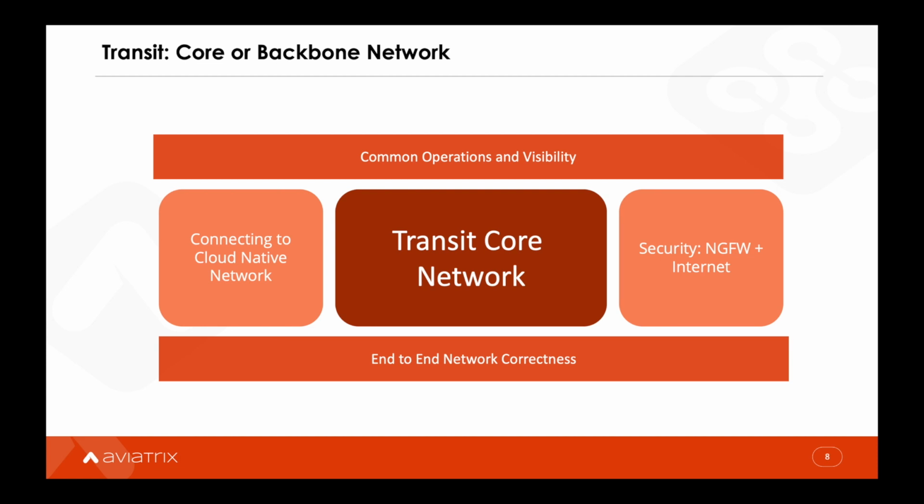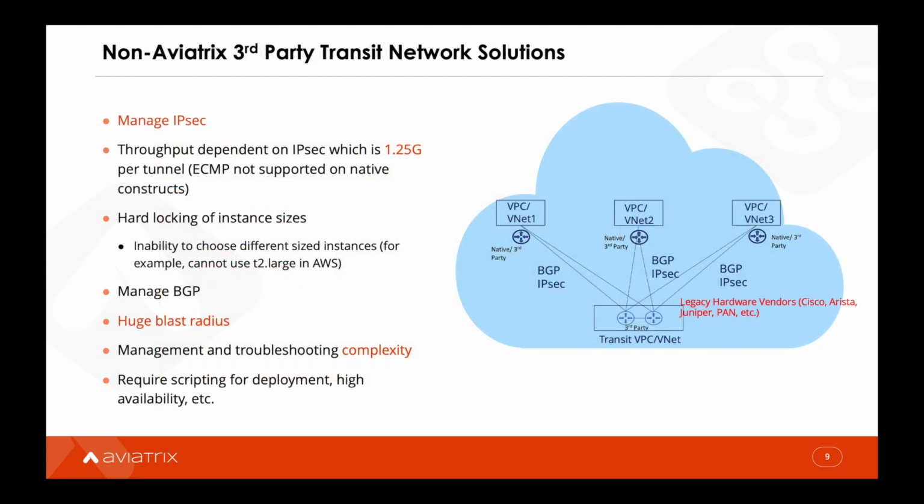All other features, such as service chaining and connecting to on-prem networks, they all tie back to the transit. Now, some alternatives to Aviatrix are to deploy third-party vendors for your transit network. But there are many drawbacks to this approach. Typically, these vendors are the legacy network hardware vendors who have repurposed their on-prem offerings to the cloud, which results